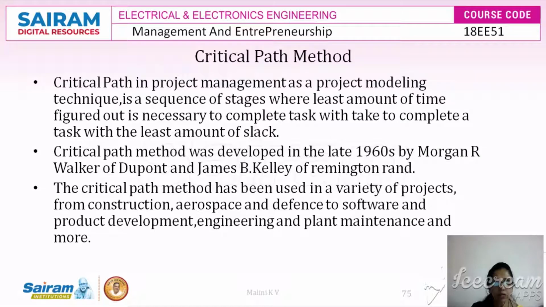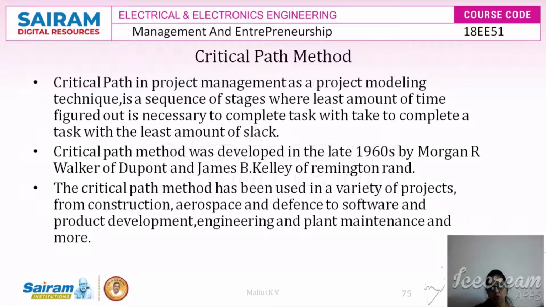Let's understand what the critical path method is, which is one more networking technique and a very popular one. Critical path method is one of the project management tools, and it goes with the project modeling technique. It is a sequence of stages that gives us the time necessary to complete the task.